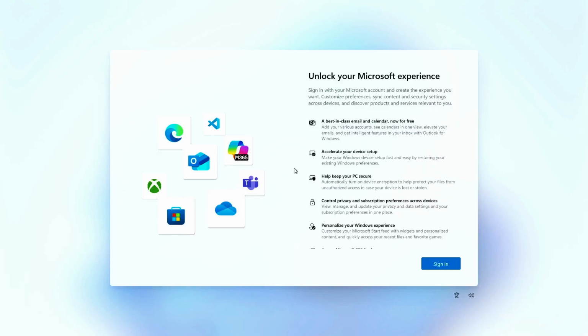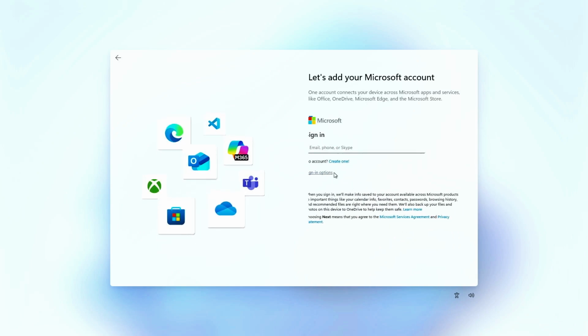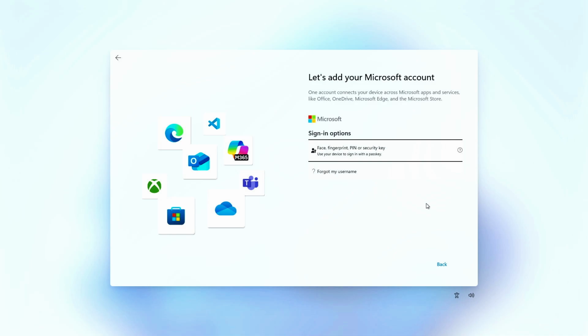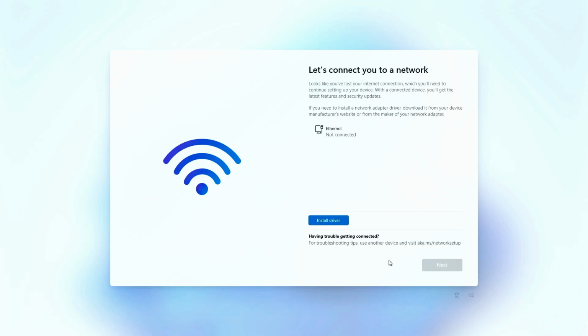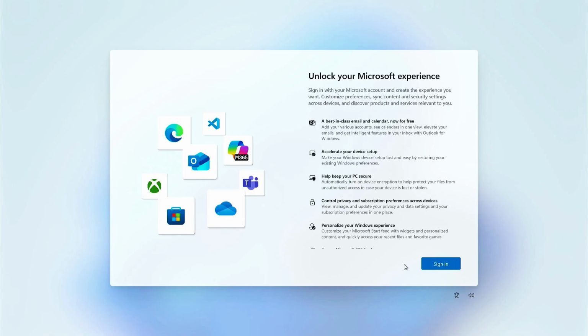In this video, how to bypass this screen to install Windows 11 with a local account. As you can see, there is no option to continue without a Microsoft online account. If you disconnect from the internet, this screen will appear and you will be unable to continue the installation. In this video, I will demonstrate two methods to circumvent this restriction and install Windows 11 without an online account